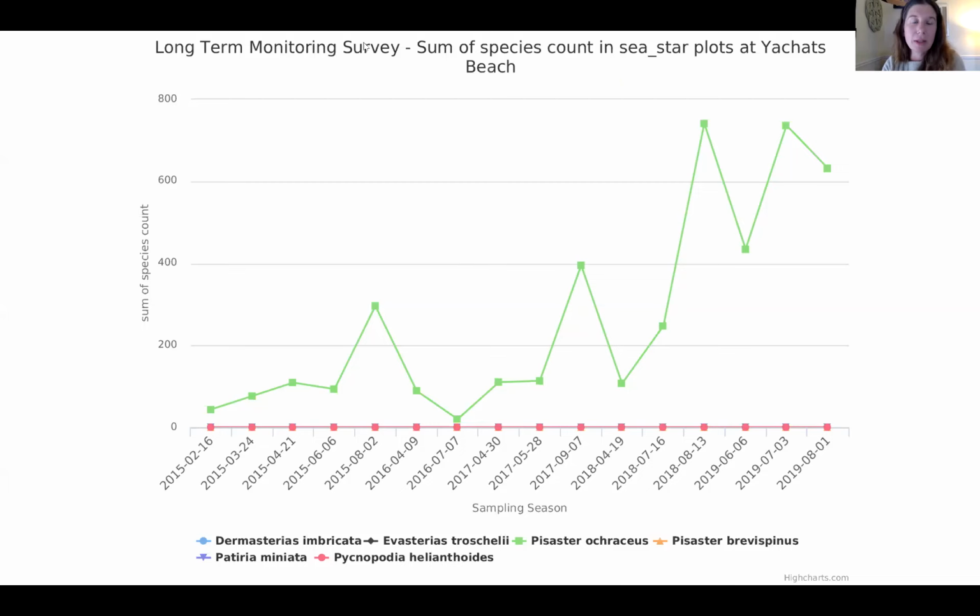Fawn asks, could it be that Bob Creek is more remote? And then Jill asks, were the other species returning like the ochre? Yeah, so